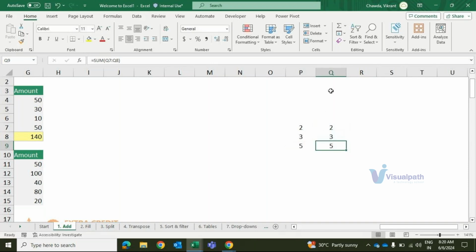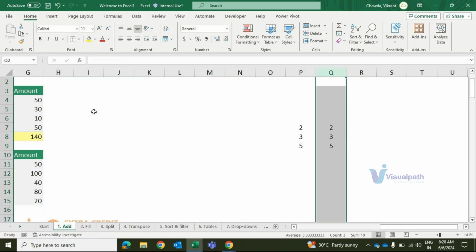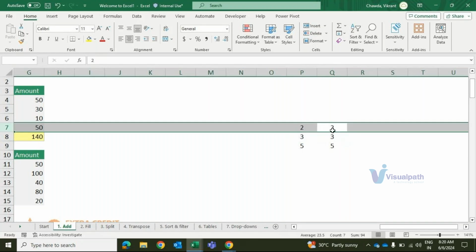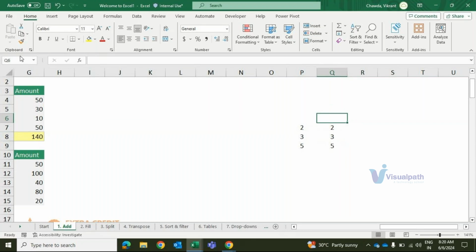So as of now, if you see, this column letter is Q and the row number is 8. Similarly for this one, the row number is 7. Okay. So each of the cells has one name. If you see at this place, just focus on my mouse where it is moving. This place gives you the name of each different cell. Whenever the cell pointer is moving on my screen, if you move the cell pointer by the arrow keys from your keyboard, up, down, right and left, or by mouse, this name box will give you the name of the specific cell, and the name is a combination of your column